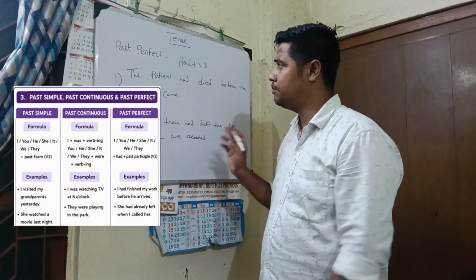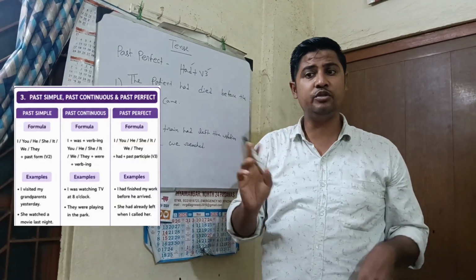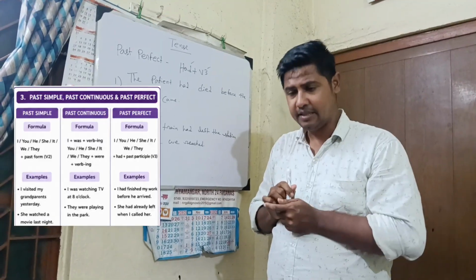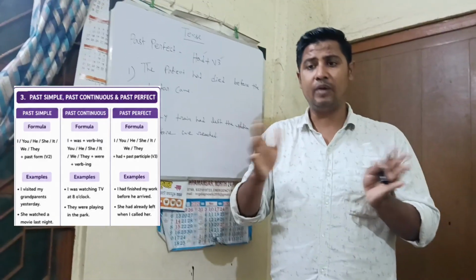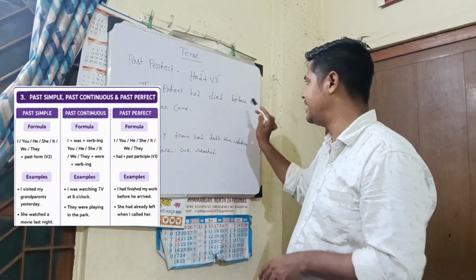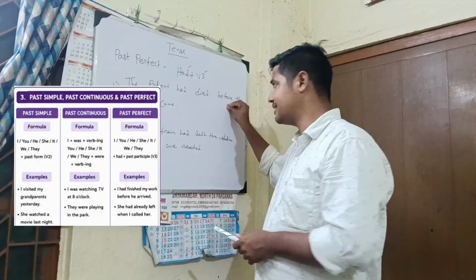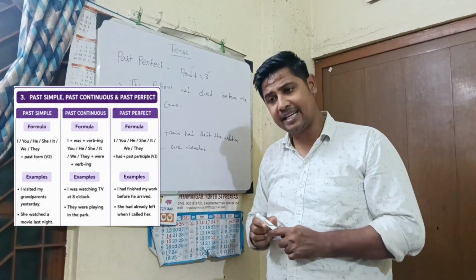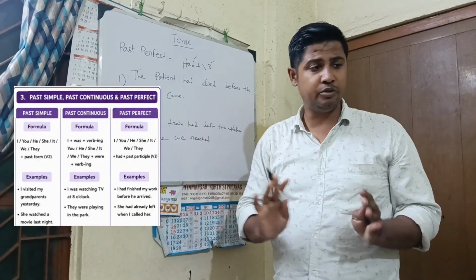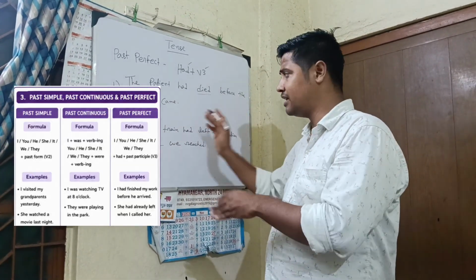Okay, so for past perfect tense the formula is had plus v3. That is the formula, but you need to understand when to use that. Again, in past, when two actions happen almost one after another one, in that case we generally use past perfect. The patient had died before the doctor came. এখানে দেখো দুটো অ্যাকশন হচ্ছে, একটা হচ্ছে পেশেন্টটা মারা গেছিল আর ডাক্তারটা এসেছিল। কোনটা আগে হচ্ছে? আগে পেশেন্টটা মারা গেছিল, তারপরে ডাক্তার এসেছিল। সো যেটা আগে হয় সেটার ক্ষেত্রে পাস্ট পারফেক্ট আমরা ইউজ করি, আর এটার ক্ষেত্রে সিম্পল পাস্ট। দ্য পেশেন্ট হ্যাড ডাইড বিফোর দ্য ডক্টর কেম।